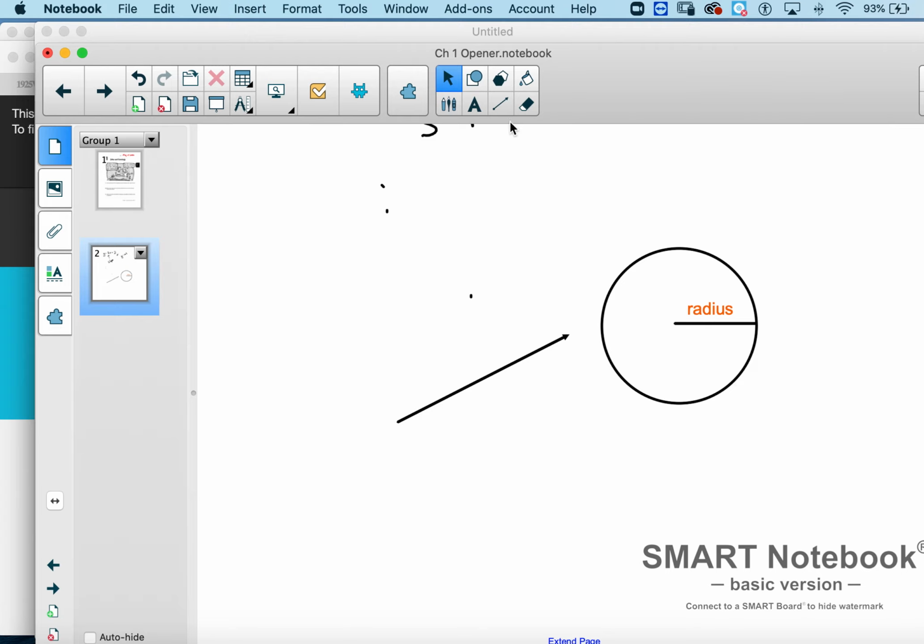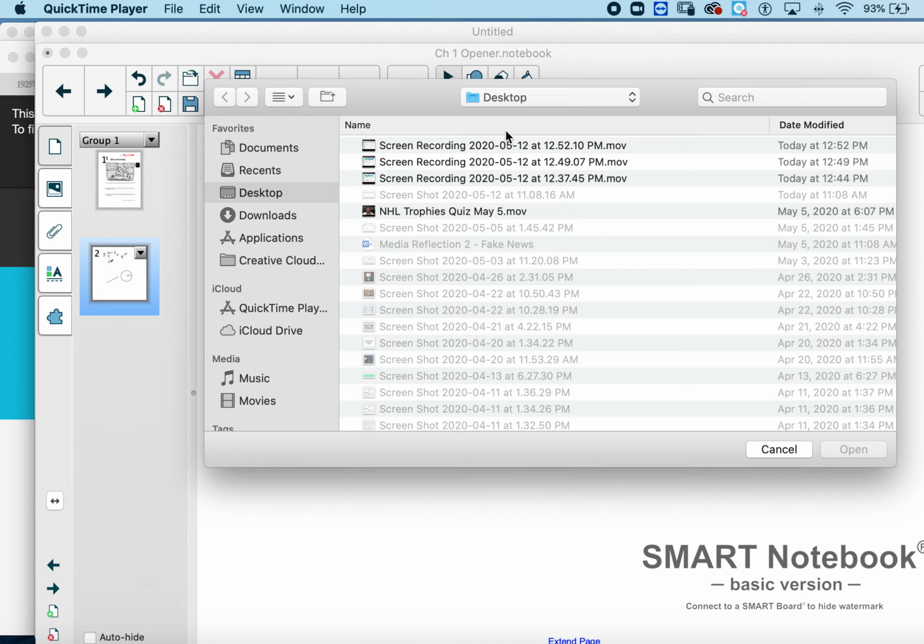I find it's really nice, and it's really clean, and all these little tools are right here, and they're easy to access. It just takes a little bit of practice. Anyways, I hope that helps. And I know QuickTime takes a little practice too, doing a screen recording, but I'm